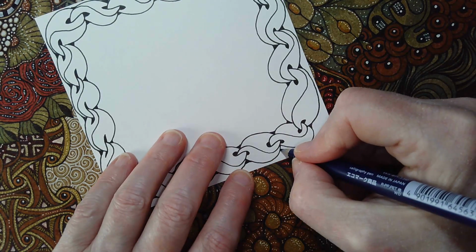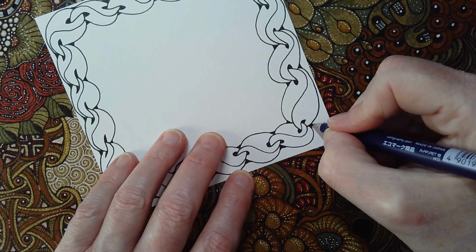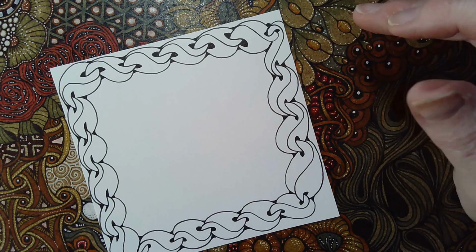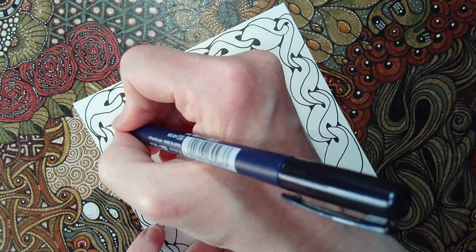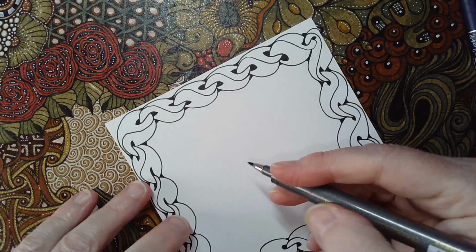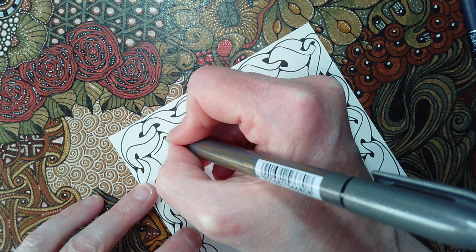So it's quite natural for me to work here, so it's not going to drift off hugely. There. So that just polishes that off quite nicely. So a couple of things we can do. I am going to, apart from tidying these up, use a finer pen. And I think I'm going to use this grey one, because it does have quite a fine point. And I am just going to